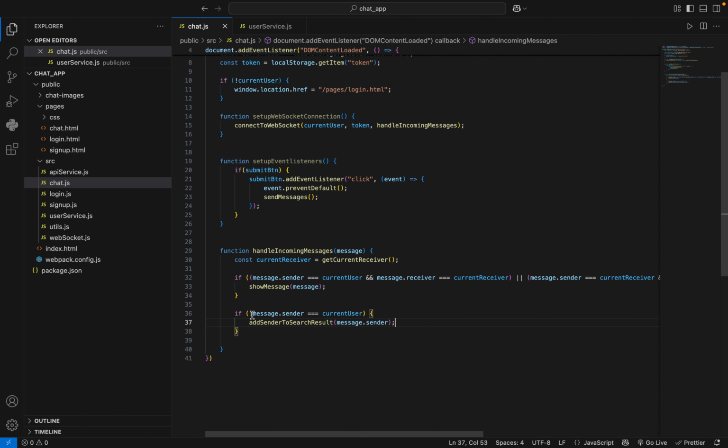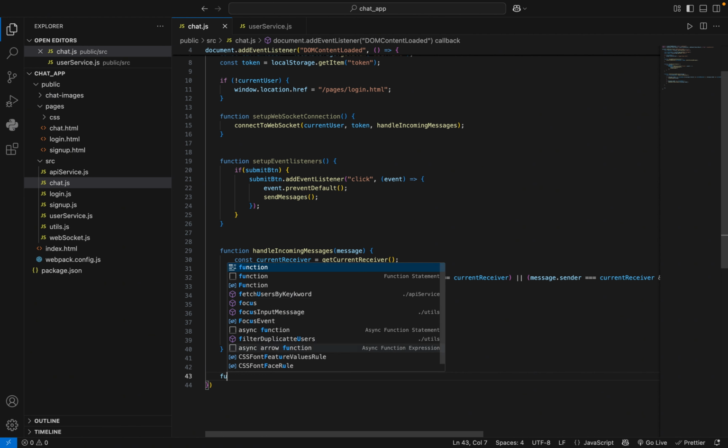No, sorry, I think this logic is wrong. We should have done if message dot sender is not equals to current user. Yeah, this is better. All right, now let's have another function. Let's have the function that handles sending of messages. So let's say function